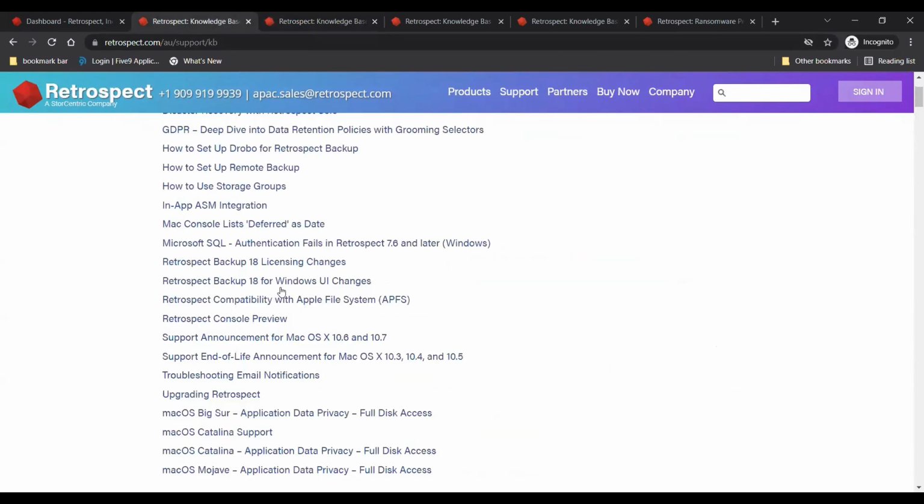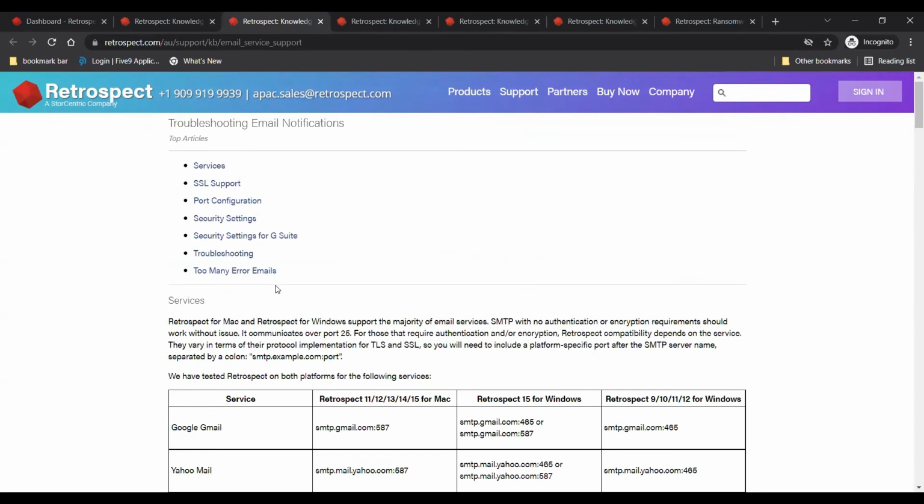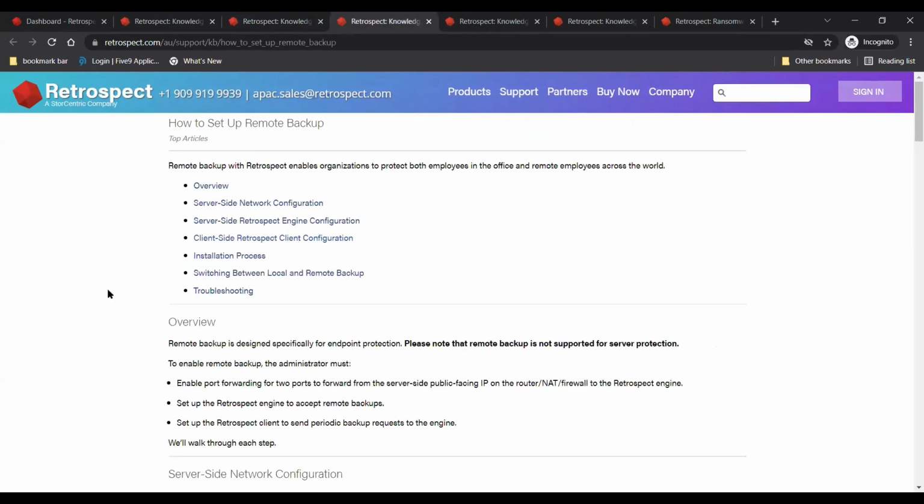Then that also brings me to the topic I skipped, how to set up remote client backup. So we should be addressing that. I'm not actually going to demonstrate that because I don't have any remote backup client, but it's pretty simple. What you do inside the console is pretty much the same. In fact, everything is the same.